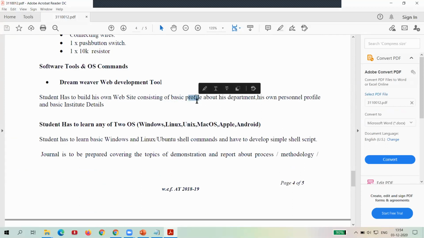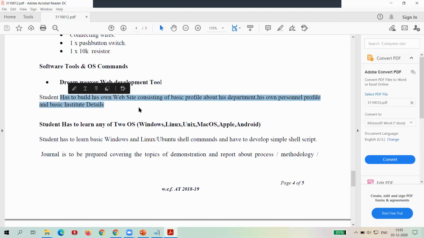It means you can add your photos, first name, last name, department name, your personal details, your hobbies, your educational profile, and more, as well as your institute details. All the essential tags for that we learned in HTML. So today we completed practical 1. In the next lab we move to practical 2, where we learn about different operating systems of the computer system. Again, any query from practical 1?